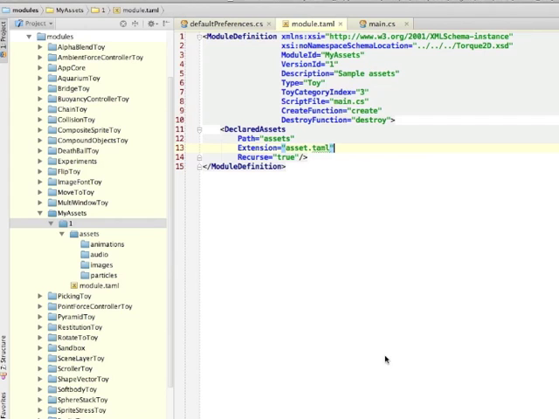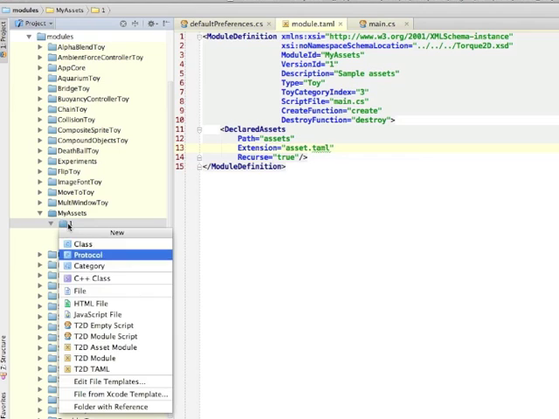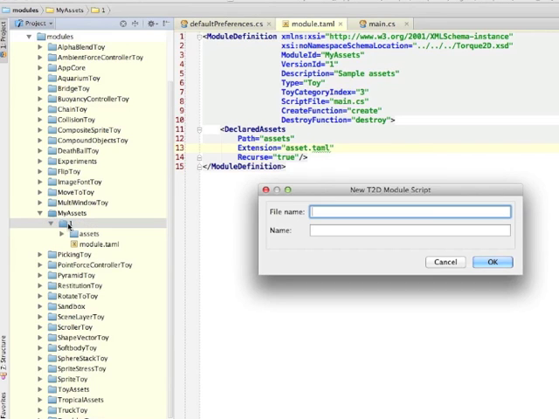Oh, let's fix that real quick. I'm going to add, actually let me just use my keyboard shortcut, a T2D module script. Again, this is a template I've made for my own purposes, but it's kind of handy. The file name is main.cs, and the name of the module is myAssets. If I click OK,